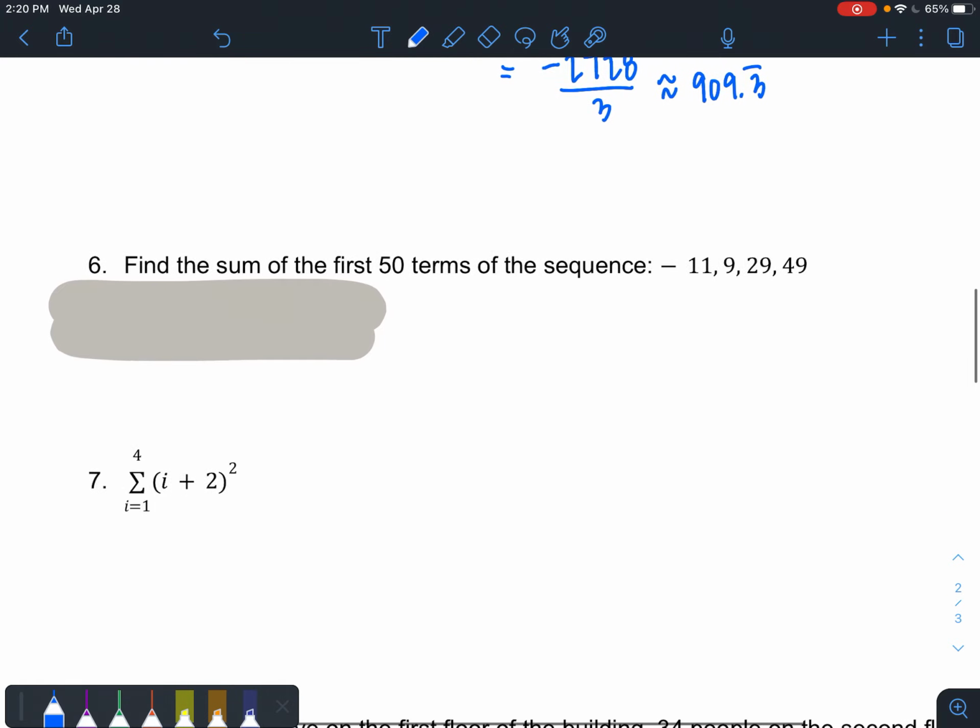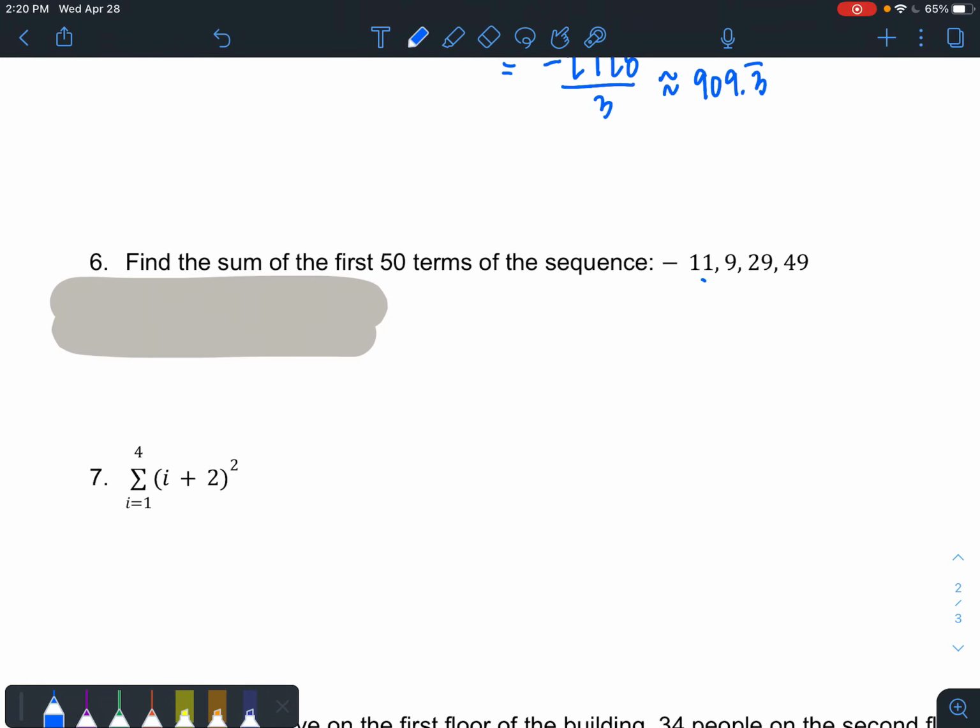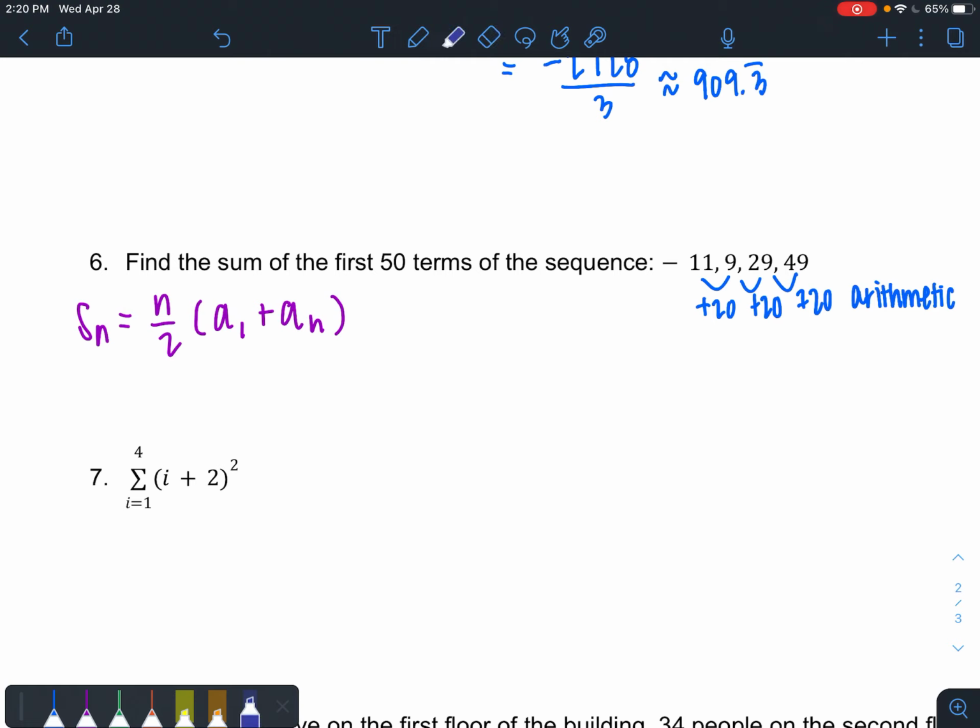All right, 6. Find the sum of the first 50 terms. For this one, I'm adding 20. So it's an arithmetic sequence, meaning I need to use this summation formula. So the sum of the first 50 terms. So this one is a little bit more gruesome. So we've got S sub 50